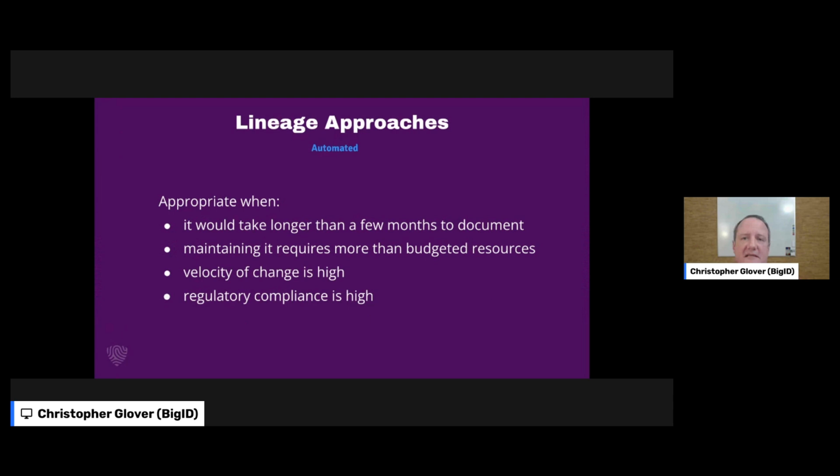And 3 months and $300,000 later, I had a great deck benchmarking me against all my peers in the industry, and a fantastic map on my wall of the entire data environment, about 2.5 meters wide by 1.5 meters high. I could see everything, and it was fantastic. Very proud of it. Well worth the money.